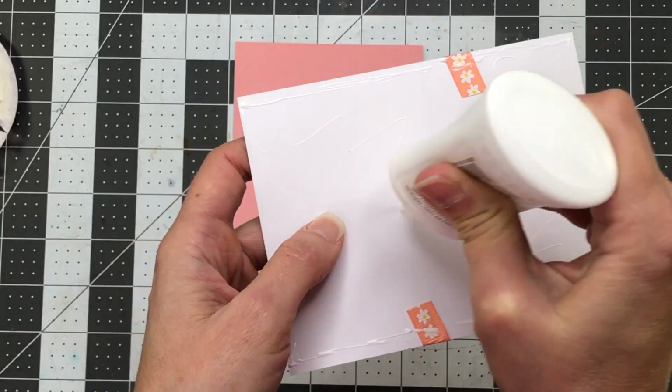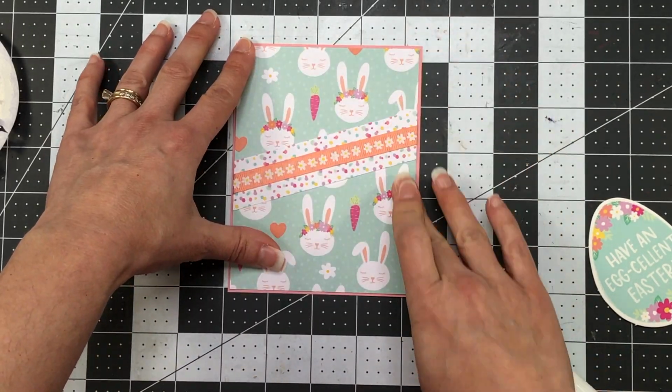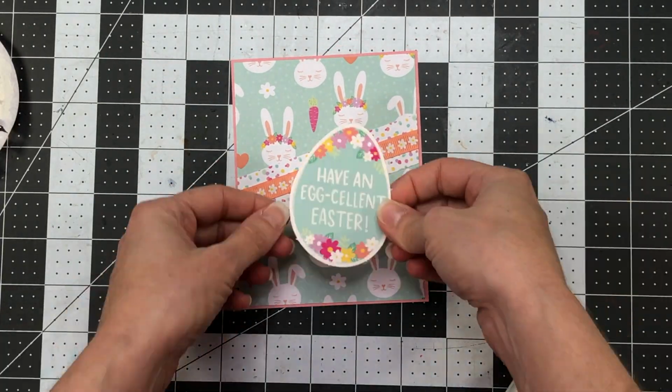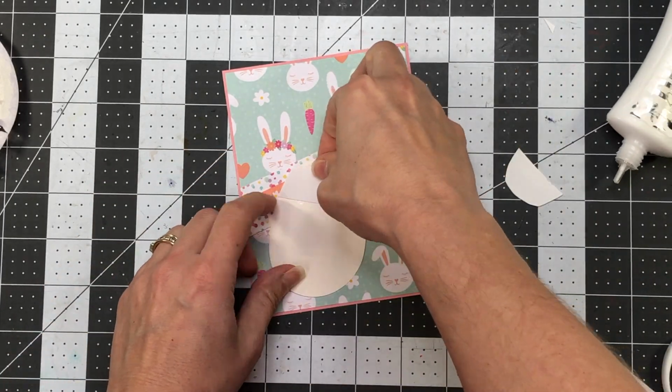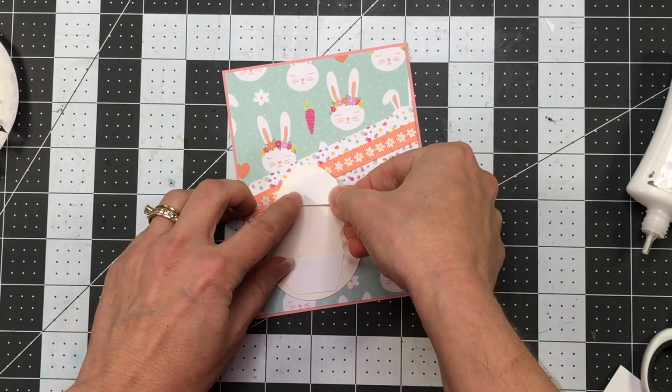I'm going to add the pattern paper to a piece of this solid pink cardstock. That's from the Floral Pattern Paper Pad from scrapbook.com. I cut that pink solid paper to 4 1/4 by 5 1/2 inches. I'm also going to be using the Easter egg card topper. This collection does come with a pack of card toppers, which you'll see me use on a lot of my